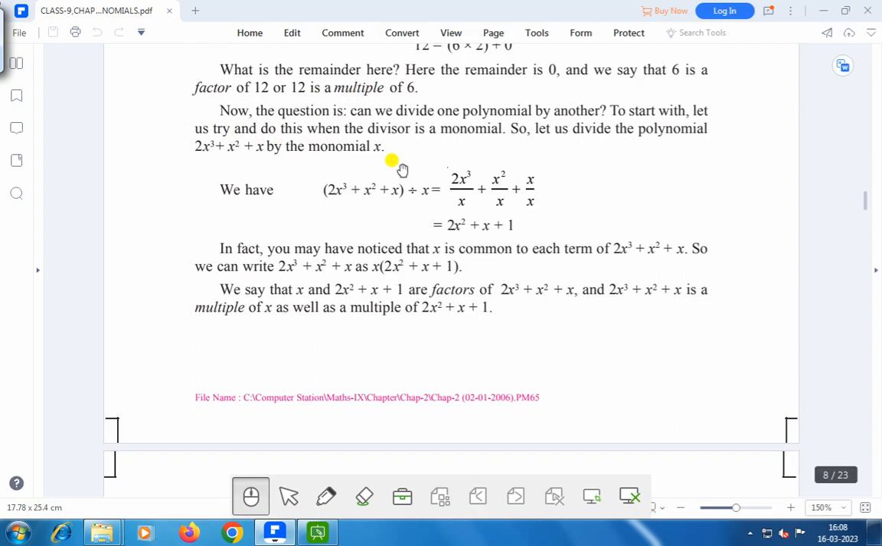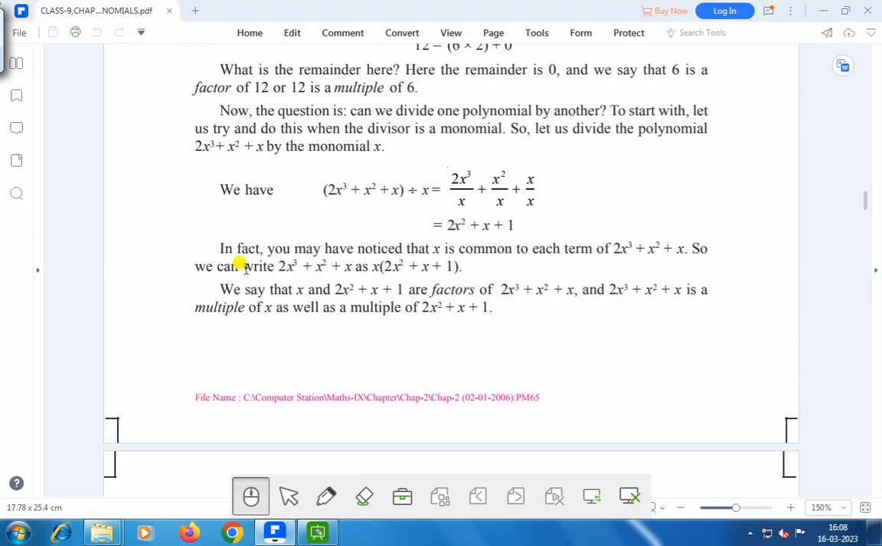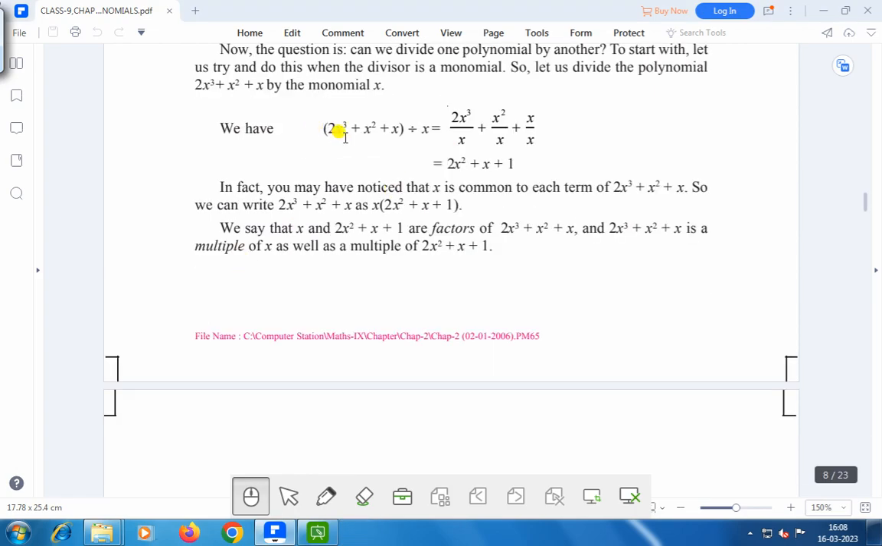Now the question is, can we divide one polynomial by another? To start with, let us try and do this when the divisor is a monomial. So let us divide the polynomial 2x cubed plus x squared plus x by the monomial x. Then we get 2x cubed plus x squared plus x divided by x equals 2x cubed by x plus x squared by x plus x by x, or 2x squared